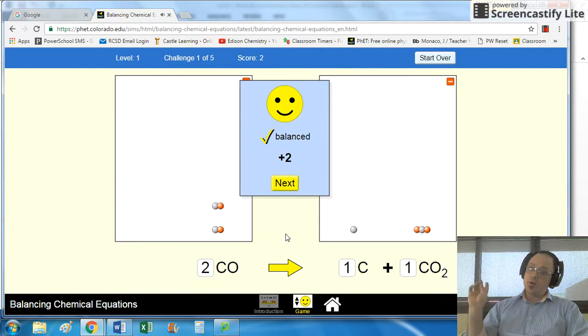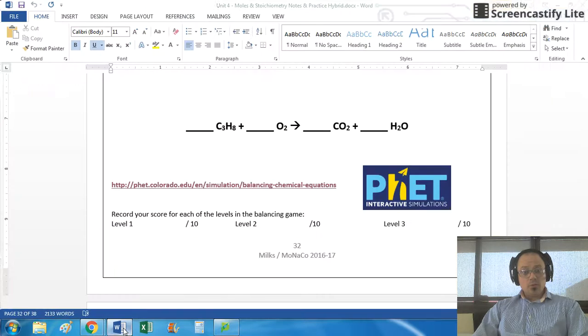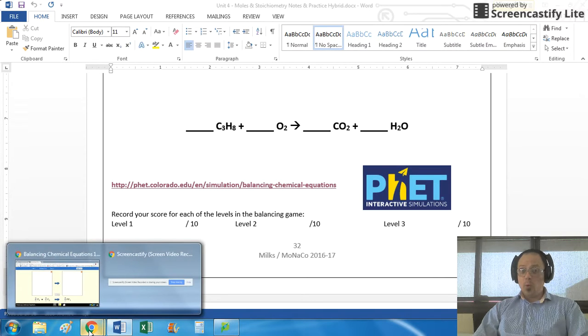If you get it right on the first try, boom, 2 points. If you make a mistake on the first try, but you get it right on the second try, you get 1 point. If you can't seem to make it work out, it's just going to give you the next problem after 2 tries. Okay, so I want you to use this simulation to understand balancing chemical equations, and I hope this supplemental